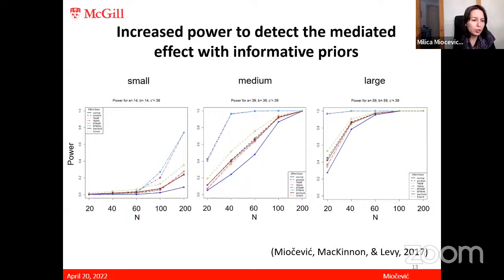What I'd like to show you here is on the x-axis we have sample sizes, on the y-axis we have power, and small, medium, and large effects are determined using conventions in mediation analysis. As we see here, the turquoise and fuchsia lines are Bayesian methods with accurate informative priors. And then we have the light green line, which is the bias-corrected bootstrap. And then the dark blue line, the one with the lowest power, are normal theory confidence limits. Bayesian methods with uninformative priors are the pink line and